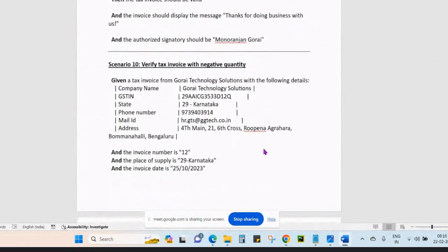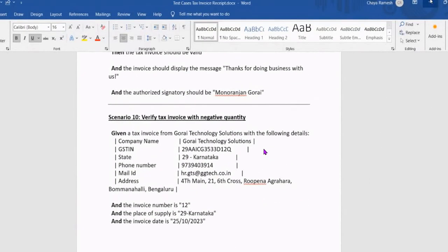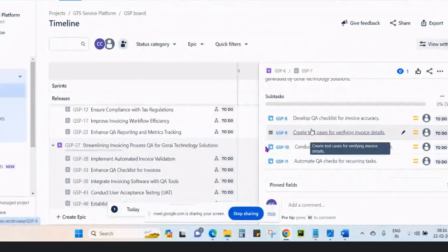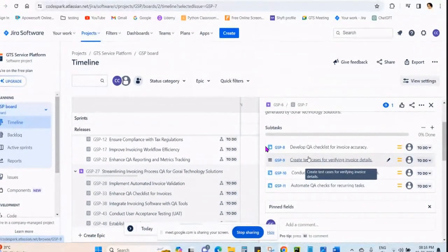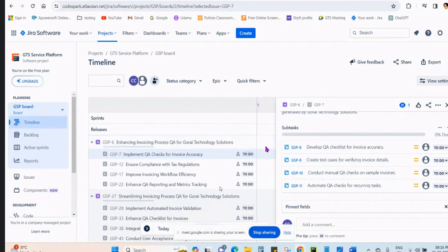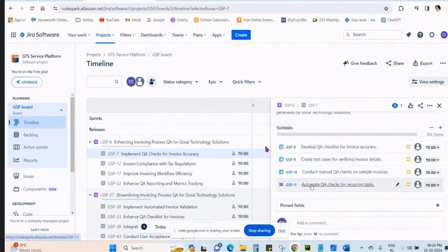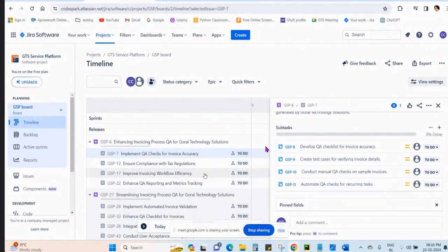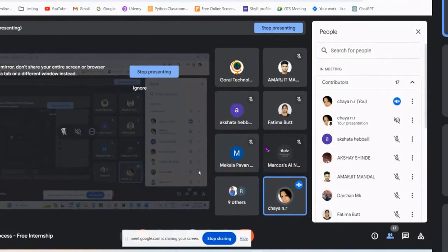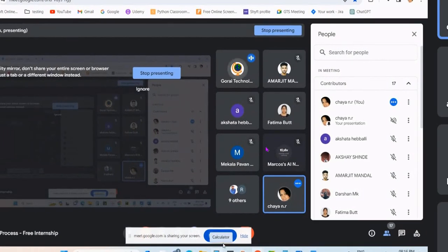So for the next step, I have a question: how do I create test cases within the subtask? That is what I wanted to know, sir. Yes, explore that on Google: how you can create a test case in Jira. A lot of steps are available, and on YouTube also you'll get several steps. Okay. What I did is correct, no, sir? Yes. And thank you, Fatima. She also helped me today, sir. Nice to hear. Thank you.